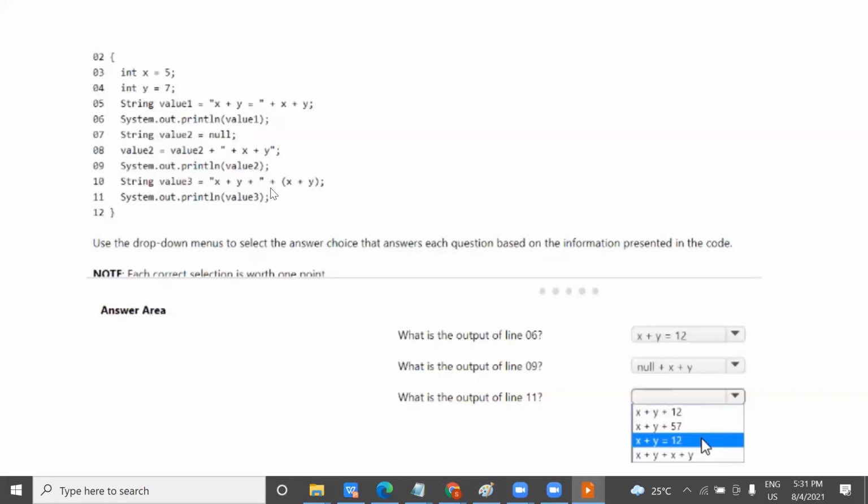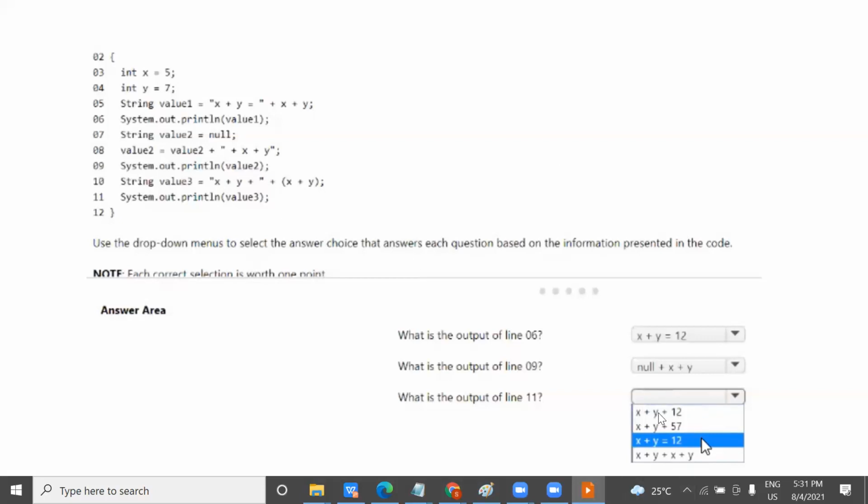Now the next thing is what? Plus, inside the bracket you have x plus y, which means 12, so it will print like this, x plus y. Okay, the first one, this option it will print.